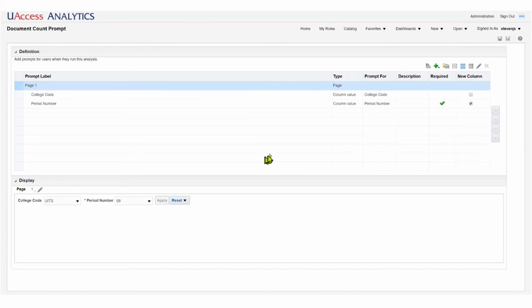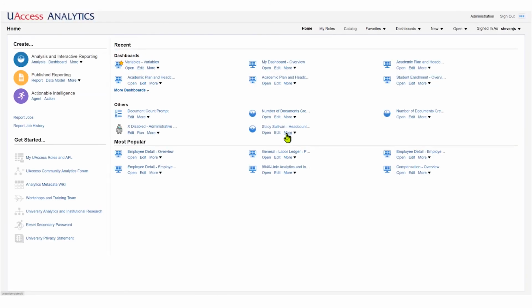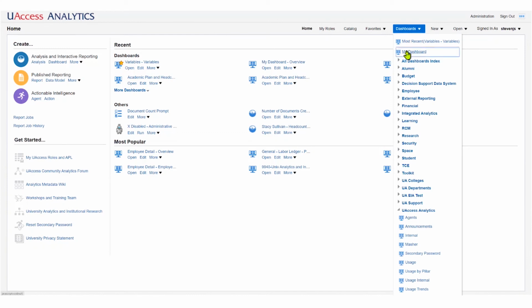Now, just to remind myself and to sort of come back to a starting point, I'm going to go back home just briefly, because I want to see, there's my document count prompt, and here's my report. It's called Number of Documents Created Each Month Prompted. Okay, so these are the two things I need to put together on a dashboard page. And I'm going to put them together on my own personal dashboard. So I'm going to go to Dashboards, My Dashboard,